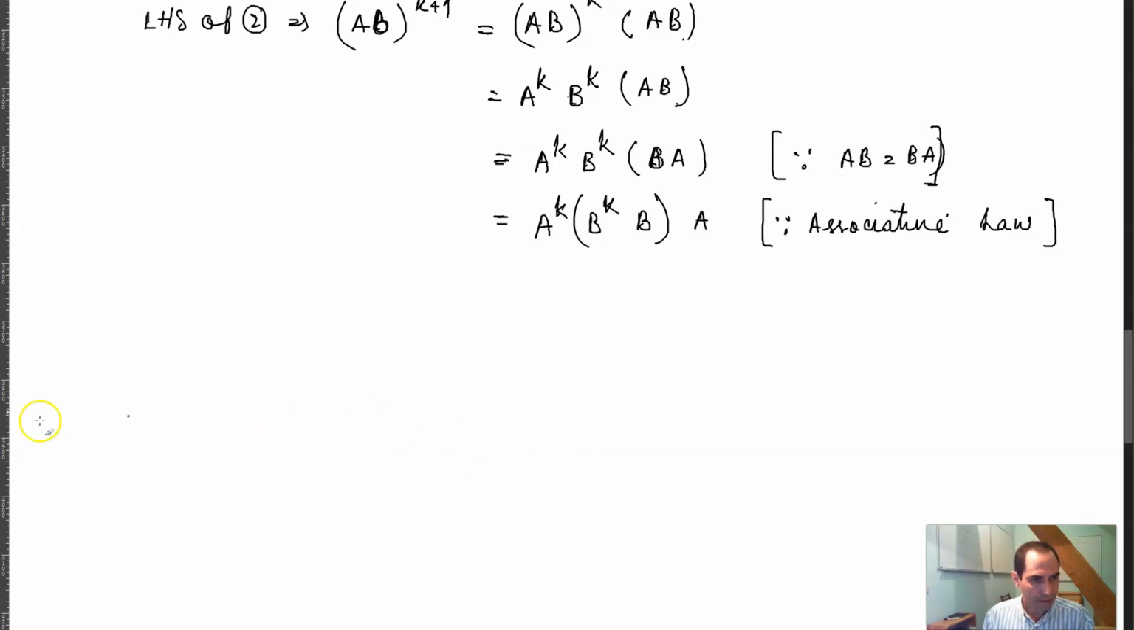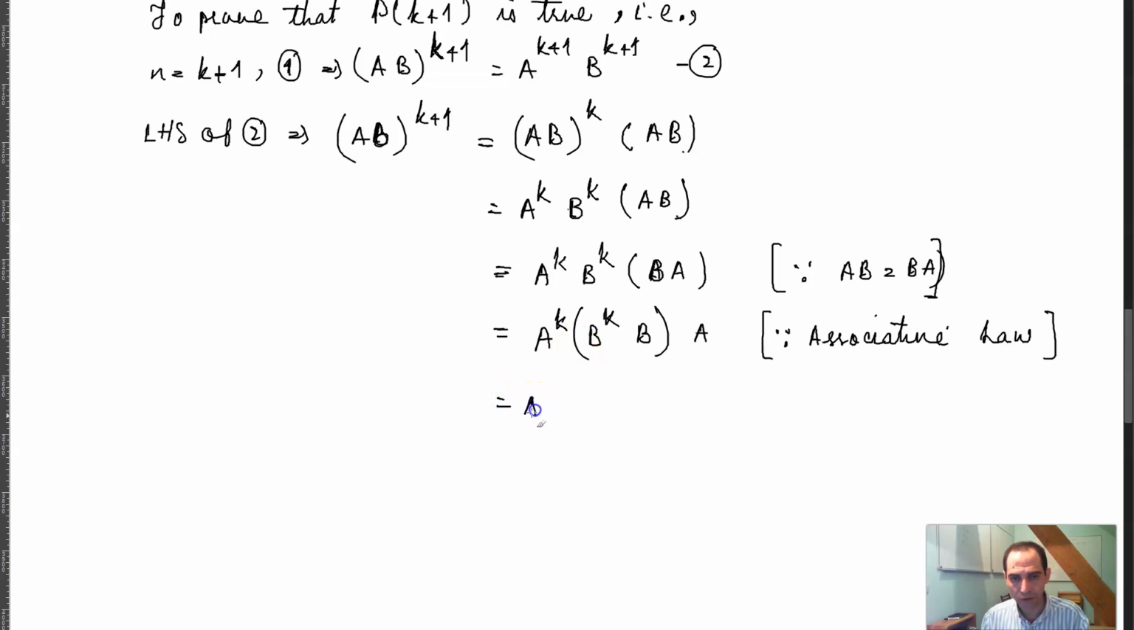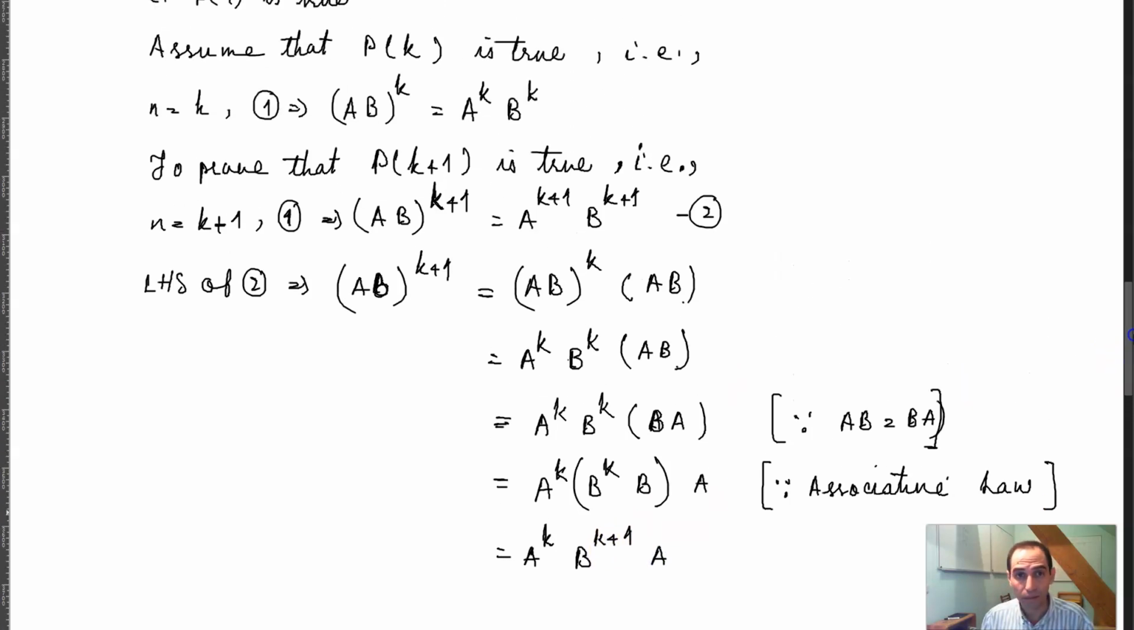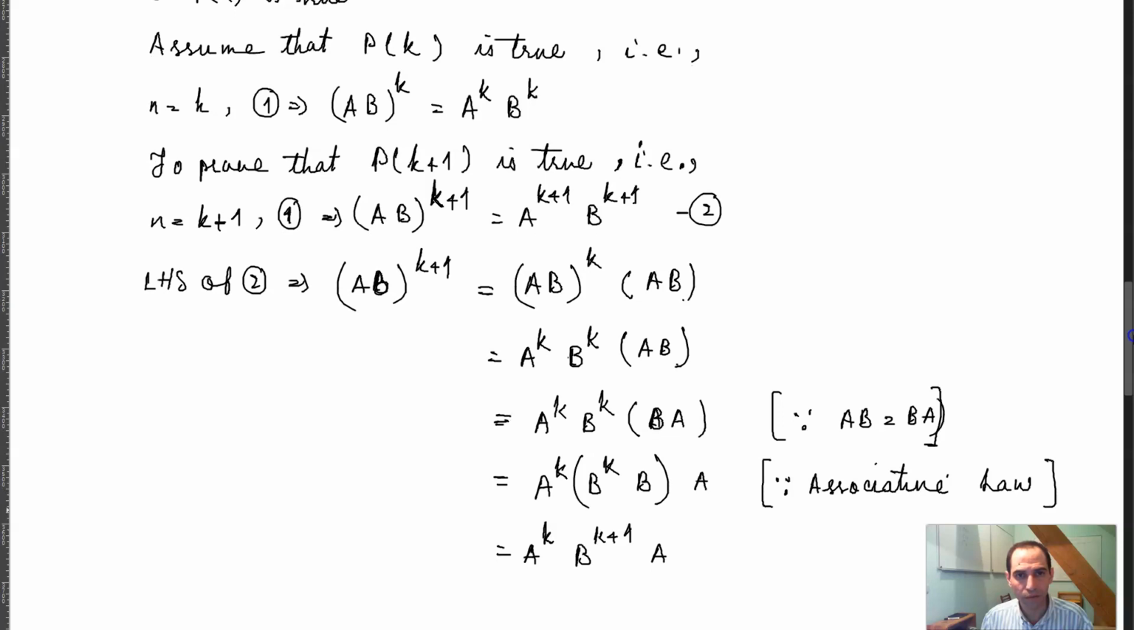So based on that, I can write it this way, which means that this is going to be equal to A raised to the power k times B raised to the power k plus 1 times A. And then I know that A raised to the power k times